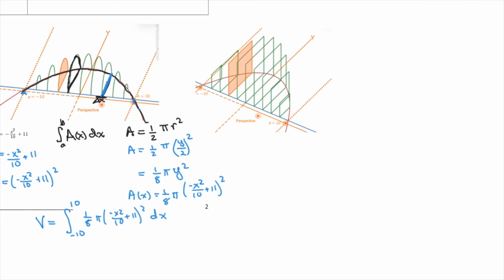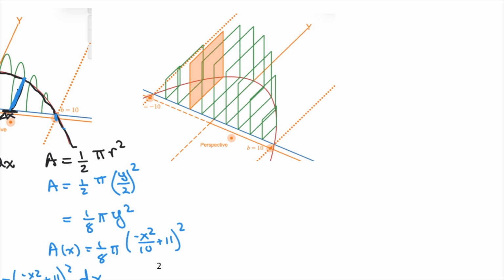The second question I have here is done very similarly, except this time the area is given to you in terms of rectangles or squares. It looks like these are supposed to be squares. So we know that the area of a square is s squared. These again are cut on the x-axis. But as you look, the heights that are given to you are in terms of the y value. So in this problem, we have again the area is y squared. I need to have the area with respect to x because we're cutting on the x-axis. Substitute in what the y squared is equivalent to for this expression,